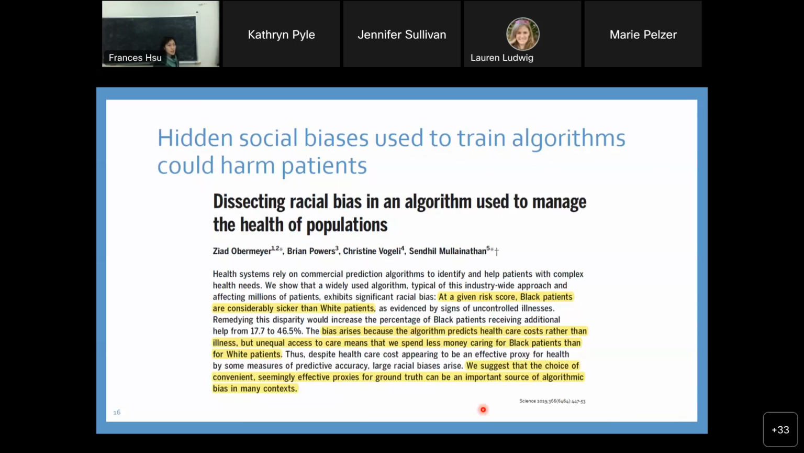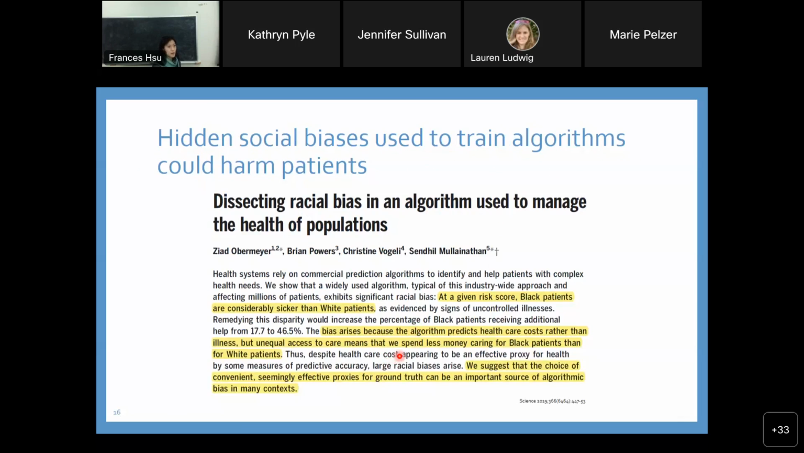A more recently recognized type of bias is social bias. So in 2019, Obermeyer et al. found a case management referral program algorithm that is less likely to refer Black patients with comparable health status as white patients. The authors suggested that this bias arises because algorithms predict healthcare costs rather than